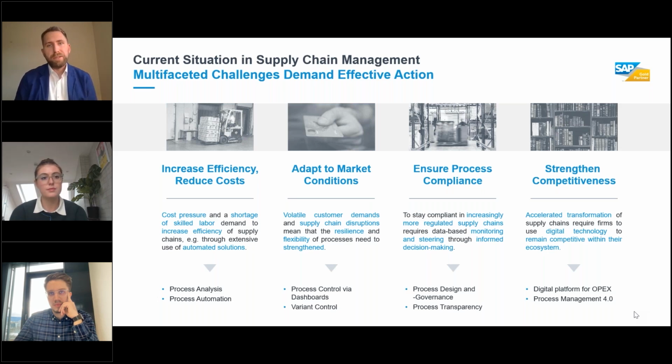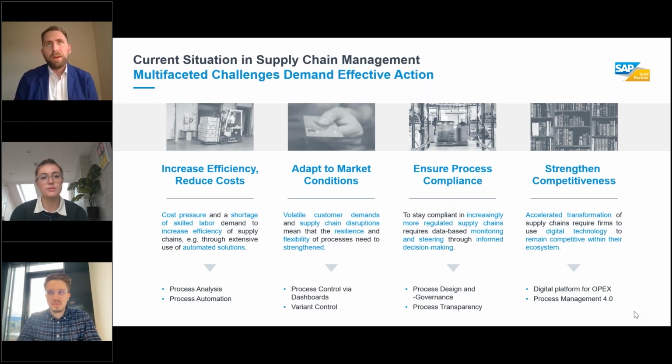What you need to achieve is process control. You need to be able to understand and control the supply chains, and dashboards are a means that can really help here. And also variant control, to understand what kind of processes you're dealing with in your system and environment, how these processes are maybe different based on different geographies or business units,